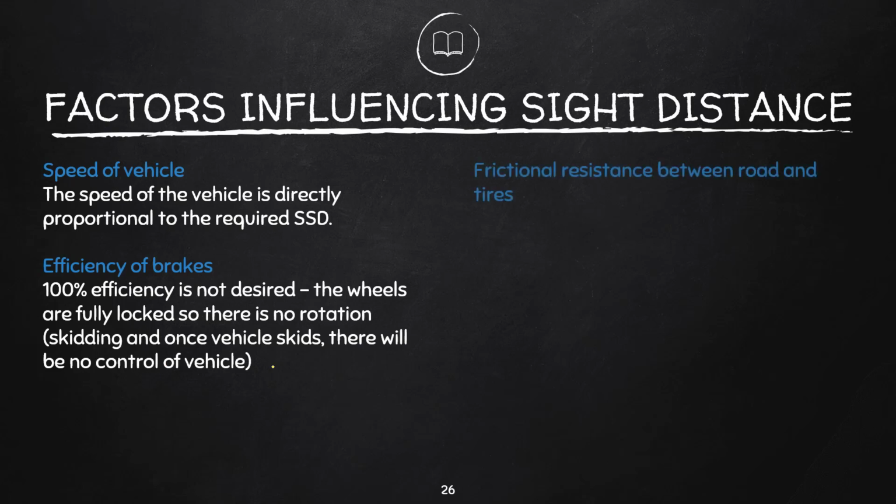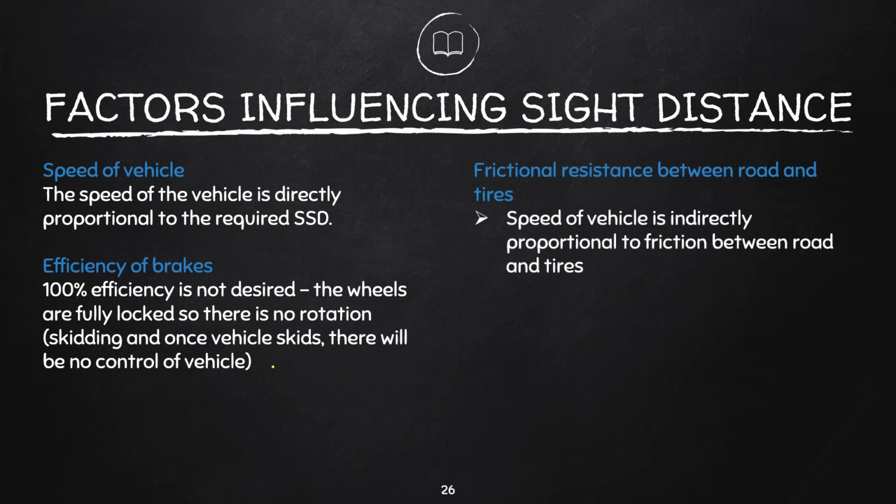Frictional resistance between the road and tires. The speed of vehicle is indirectly proportional to friction between road and tires. This means that the higher the speed of the vehicle, the lower the friction between the road and tires is. That is why during rainy seasons, it is always advised that we lower our speed when you are driving, because